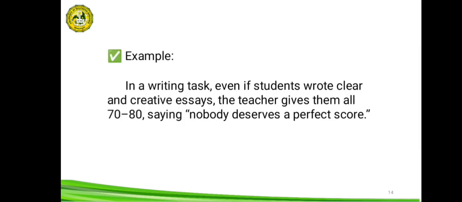Example, in a writing task, even if students wrote clear and creative essays, the teacher gives them all 70 to 80, saying nobody deserves a perfect score. So, hindi siya naging motivating kasi yung score na binigay is hindi nagre-reflect sa tunay na performance ng isang estudyante